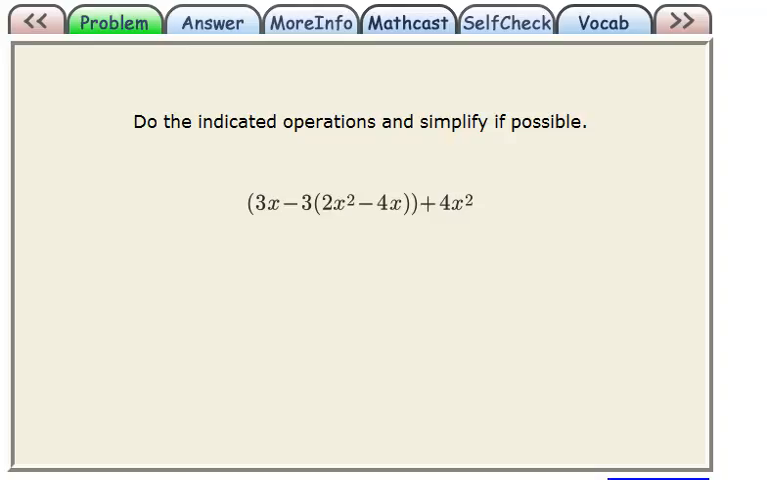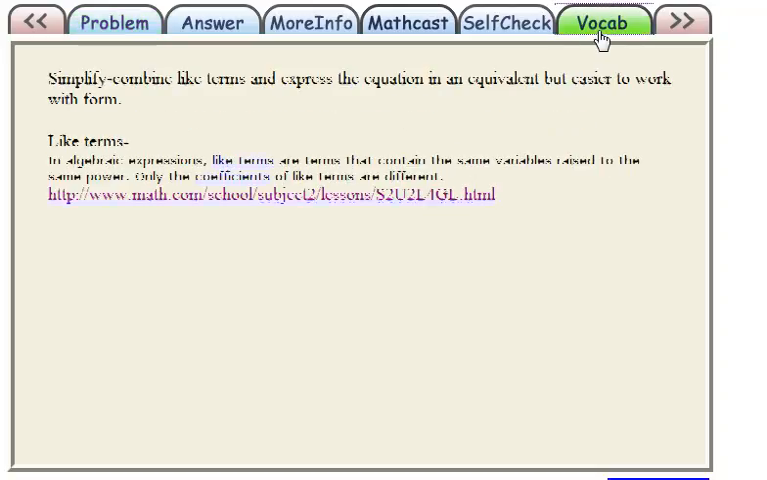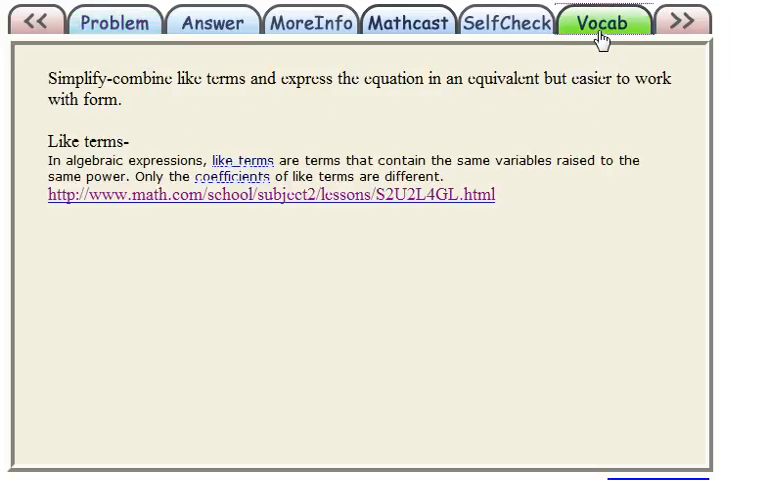What I did to start this problem was I took a look at the directions and saw that it was talking about simplifying, which to me means getting it down into the simplest form or into something that has like terms, and they only have one of each like term. So the first thing I did was for the vocab was put in the definition for simplify and the like